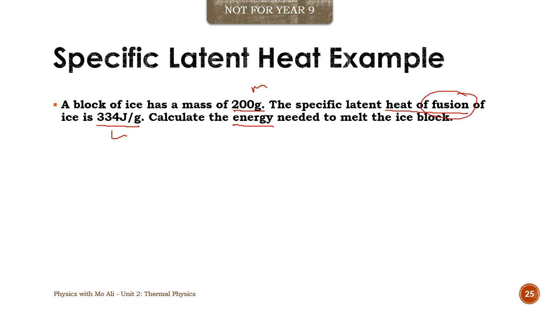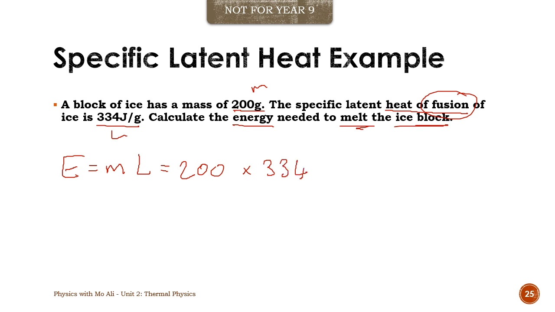Sometimes questions would want to confuse you by giving you both fusion and vaporization numbers, but we'll see those later as we solve. Calculate the energy needed to melt the block of ice. Well, easy. We say E equals M L. Energy equals mass times specific latent heat of fusion. The M is how much? 200. That's given. Times